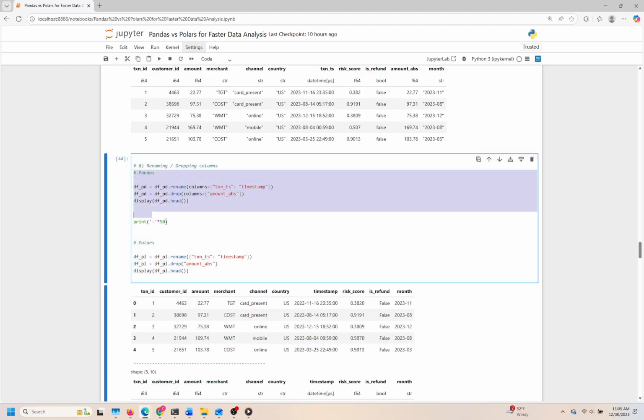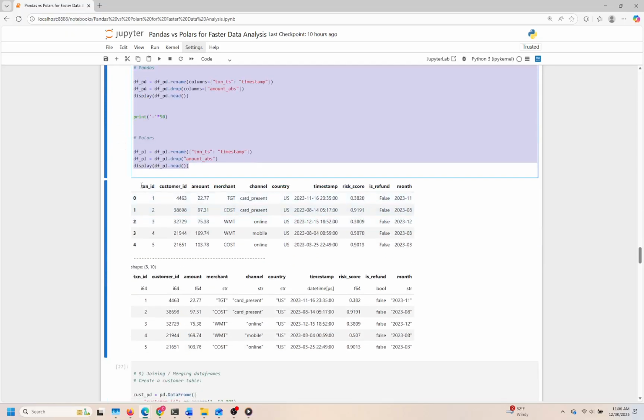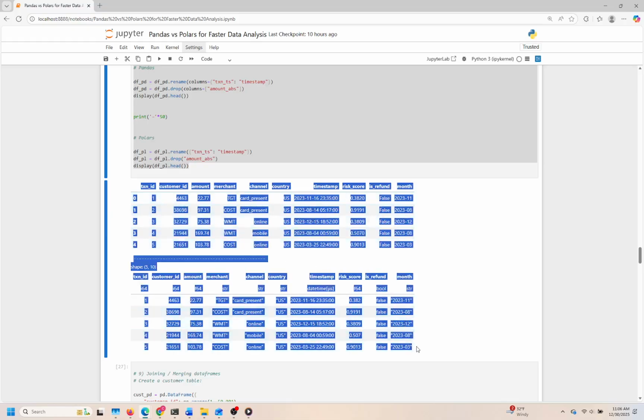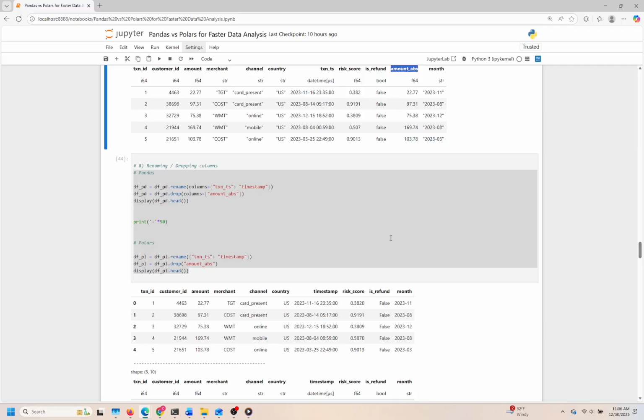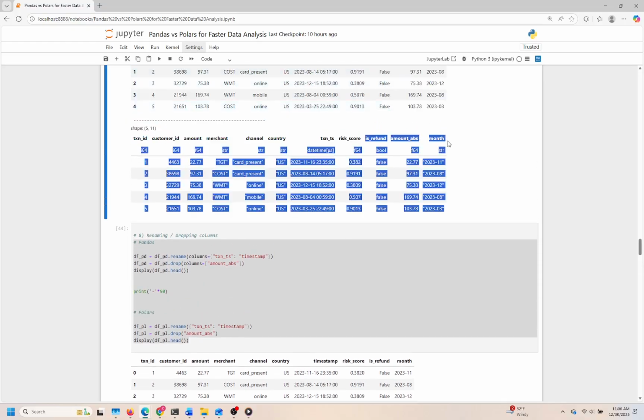After this initial step, we also make a deliberate decision to remove the amount abs column from the data frame named DFPD. This column might contain data that is extraneous or redundant for our current analysis. By dropping it, we streamline our dataset, allowing us to focus on more relevant variables. Having clutter-free data enhances the effectiveness of our subsequent analyses, as it reduces noise that could lead to misinterpretation of